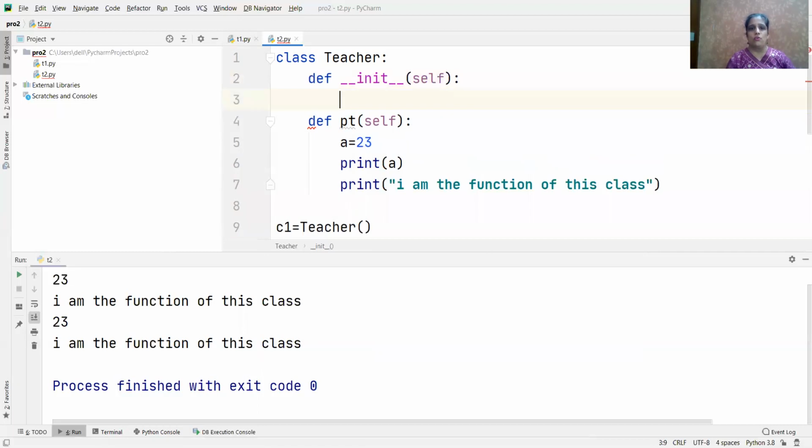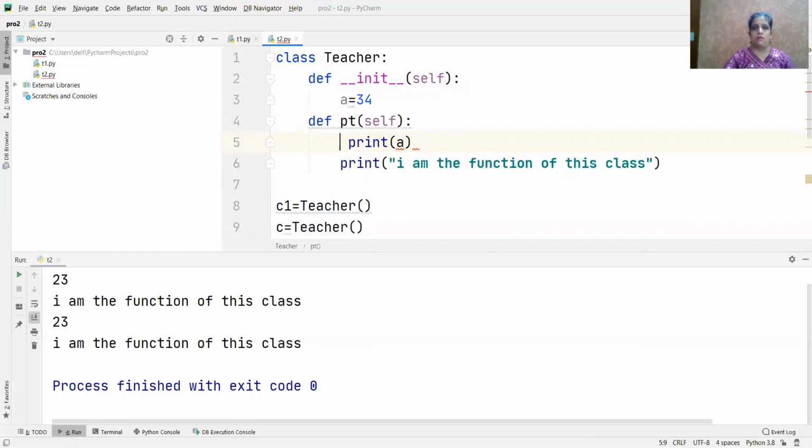So now if I write here a equals 34, and let me print, let me remove this from here. See, I need to print this value here, but I cannot because it's local to this function. For everybody to be able to access this, I have to declare it with self.